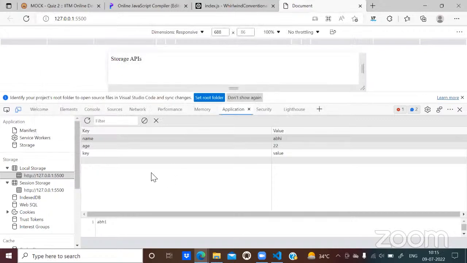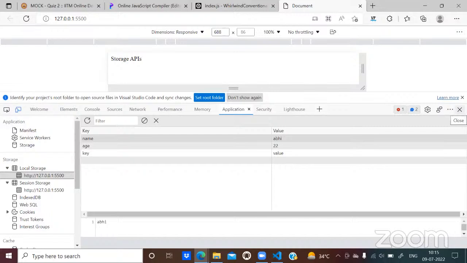You see that I have not added these key value pairs right now. I think we added these the last time we did a session on local storage and session storage, and they are still here. That means this is a persistent storage. Until and unless I clear it explicitly, it won't go away.